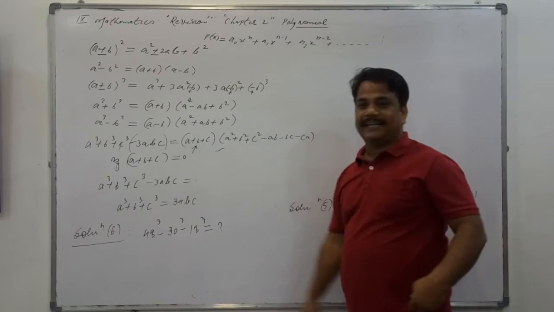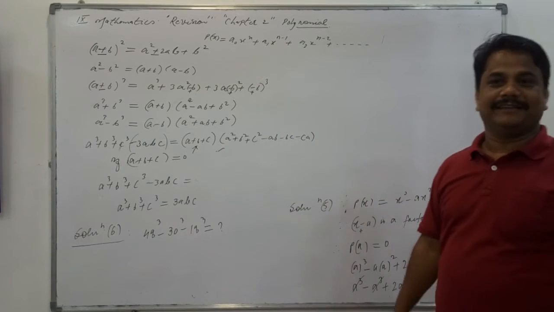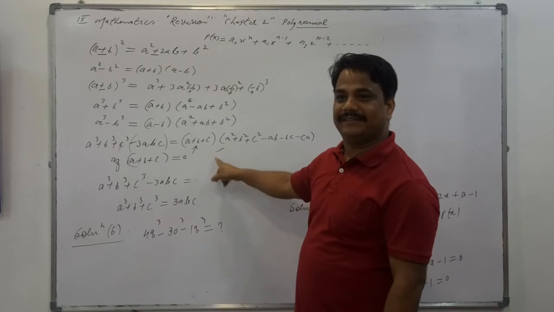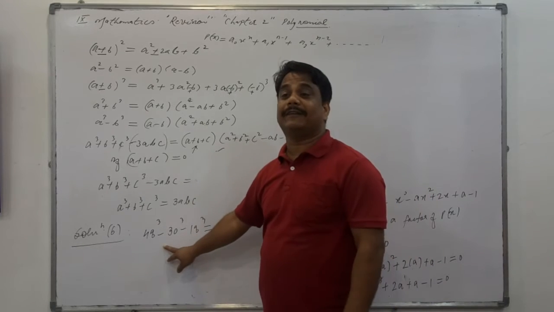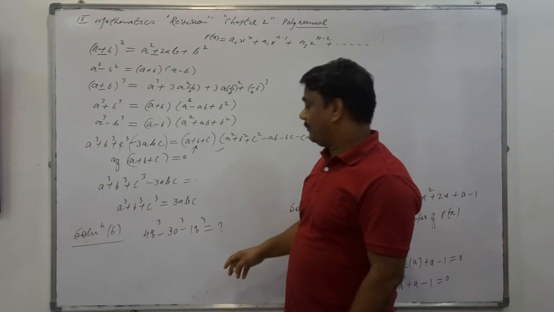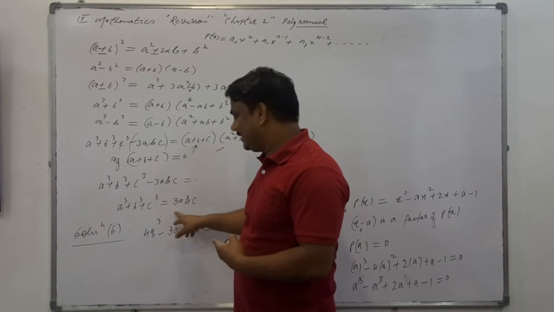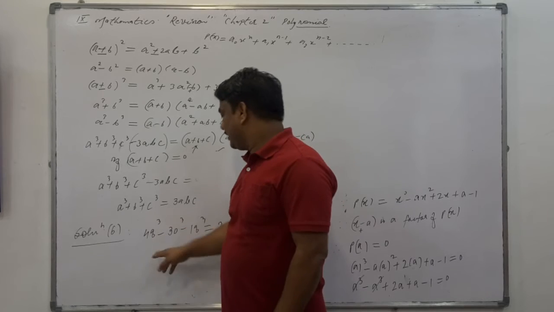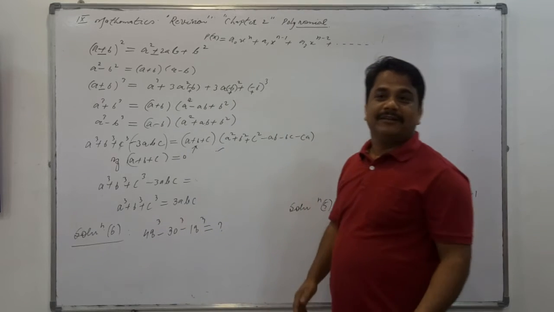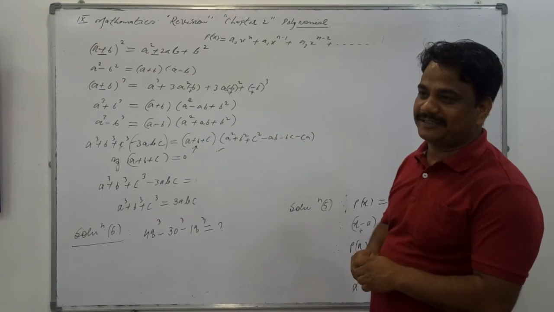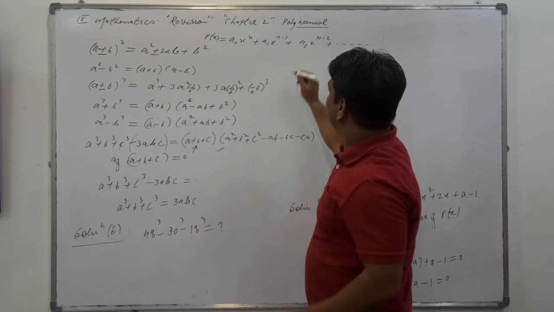What pattern have we observed here? Tell me which pattern. It is written at the end, this is the pattern, see. Without actually calculating means we have to find out the cube of 3 quantities. Now you will say, sir, this is the expression for the sum of cubes of 3 quantities together is equal to 3abc. You will speak here, but where is the sum, sir? Here there is a difference. Minus is nothing else in mathematics but simply the opposite of that. I am telling you this.